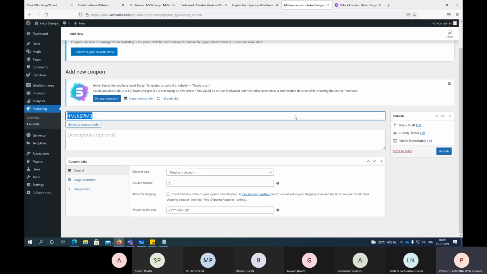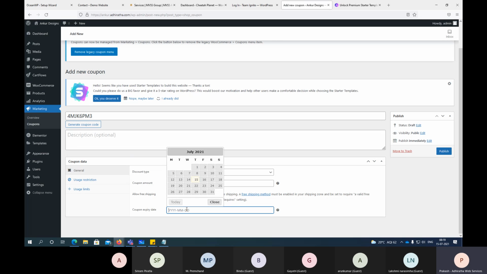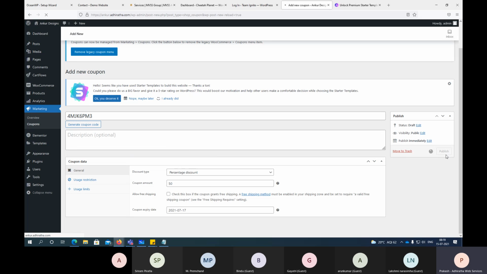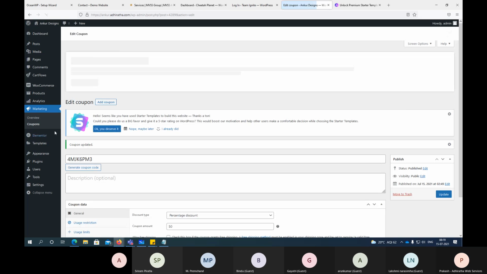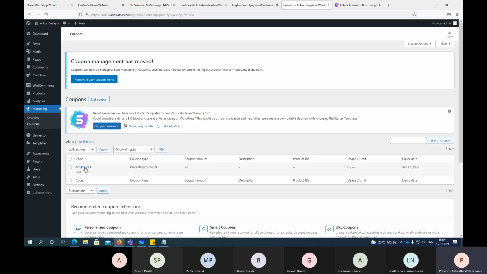Okay, generate a coupon, percentage discount, percent, and you can set when it is going to expire. Maybe in the next 2 days it will expire, right? I can publish it. Right, so you have a coupon with you now, which is a 50% discount.